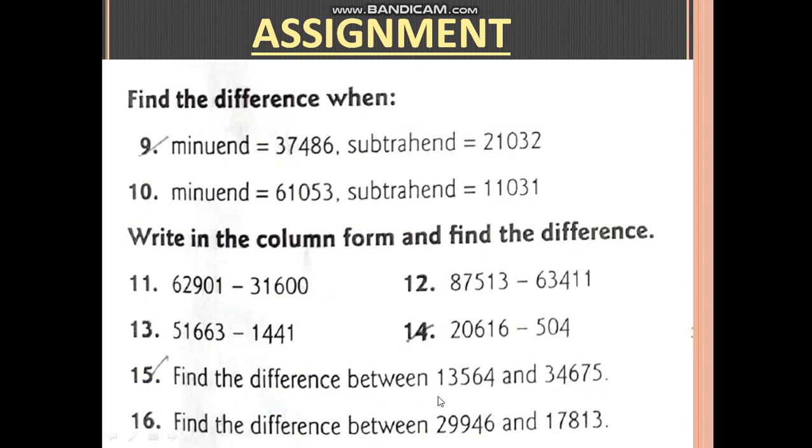As I'm reading question number 15: Find the difference between 13,564 and 34,675. In these two numbers, both are 5-digit numbers. In 1 and 3, 3 is greater. That means 34,675 is your minuend and 13,564 is your subtrahend. So you have to subtract